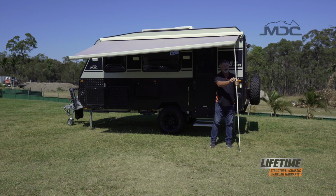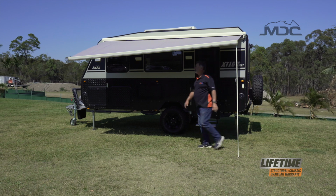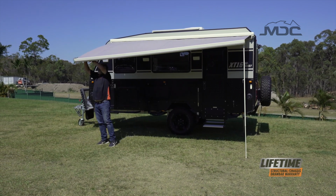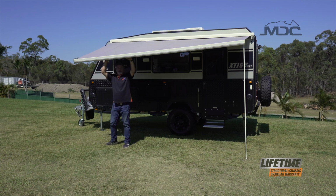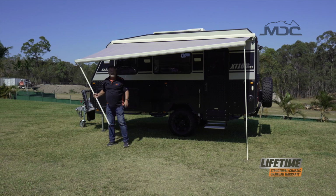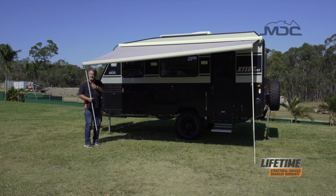and adjust it to the height you want. Put that a little bit forward. Bring my other one out and unlock it. But what I want to do today is actually set it up in its positions on the side of the caravan, which means we undo the cam lock,